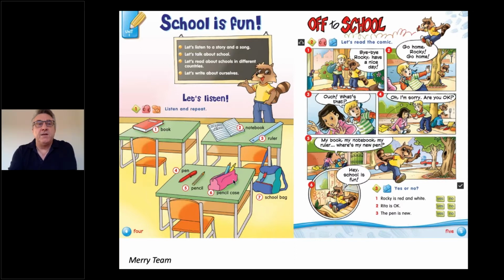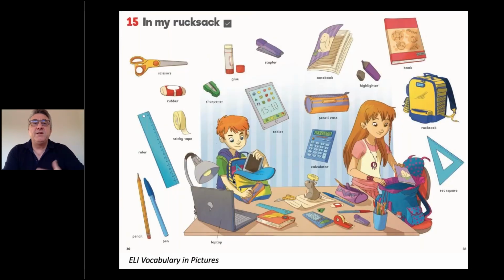What else is in the classroom? Or what do you have on your desk or in your school bag? And that's where we can start to elicit from the class, from your group, more vocabulary there. So we're not just giving them new words and translating them. We're using a picture dictionary to bring more vocabulary into the course book.